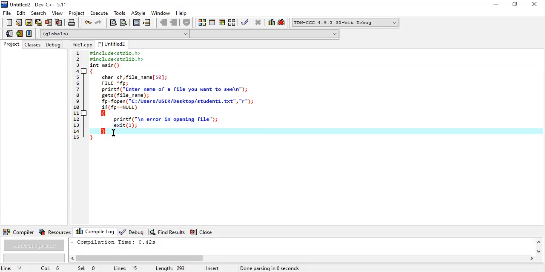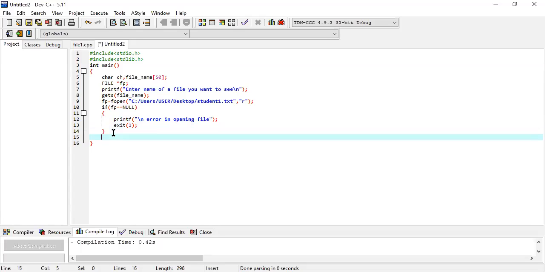Then after the if we have written printf the content of %s file are.